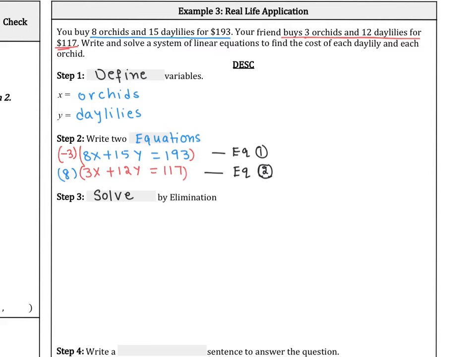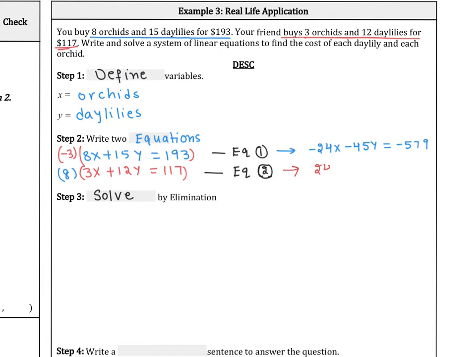So you can see that this equation will turn into -24x minus 45y equals -579. So what I did is I multiplied -3 with each term inside and I got the new equation. Now I'm going to multiply 8 with each term of the other equation, and the equation that we are going to get is